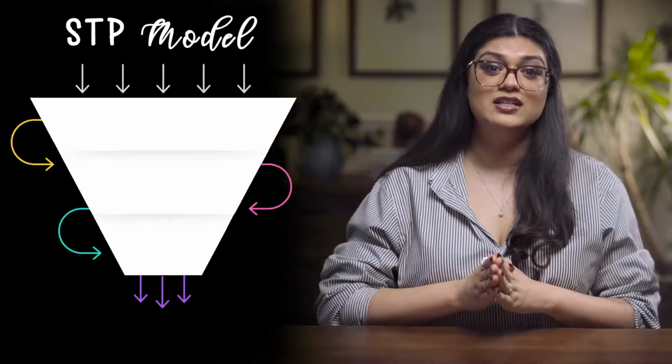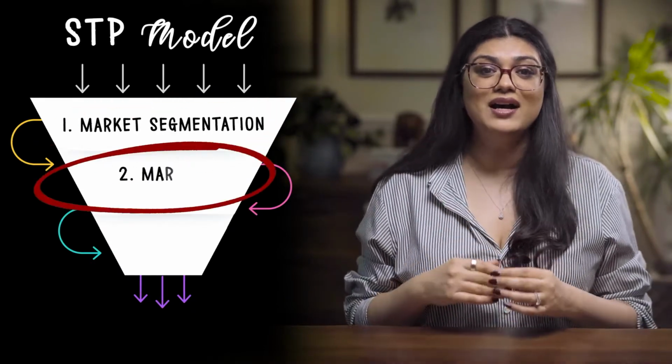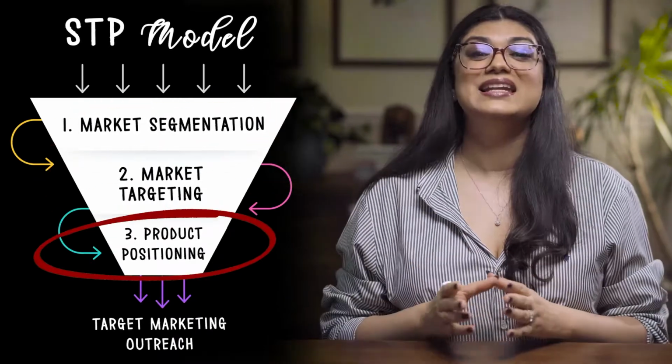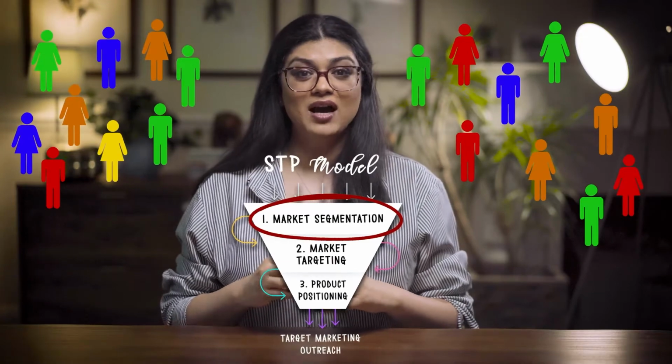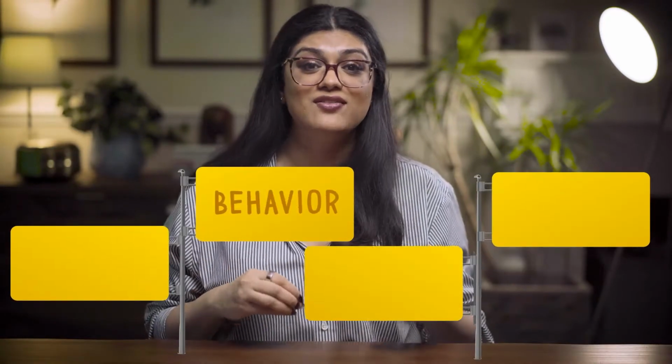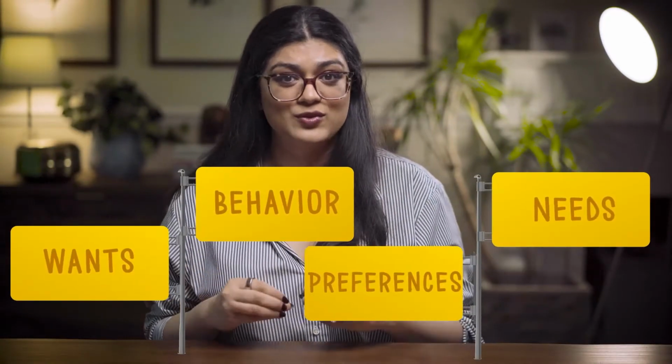The STP model is a three-step funnel consisting of market segmentation, market targeting, and product positioning. Let's understand the first stage of the STP model: market segmentation. Simply put, segmenting a market is dividing a large group of customers into smaller groups of customers with similar requirements and behaviors. When a business has figured out these smaller groups, they can research the behaviors, needs, wants, and preferences of this group. They can then better calculate how they can get their attention, which, let's be frank, is the